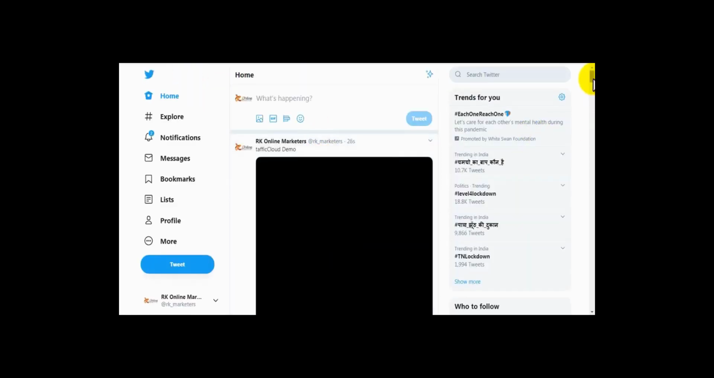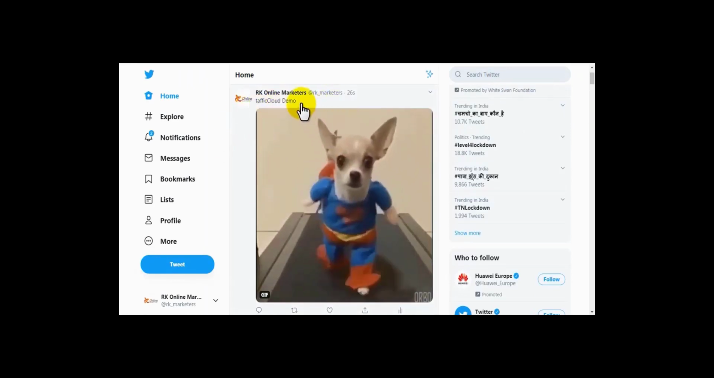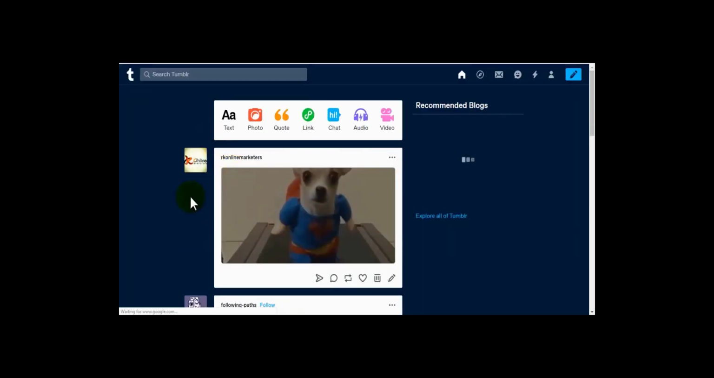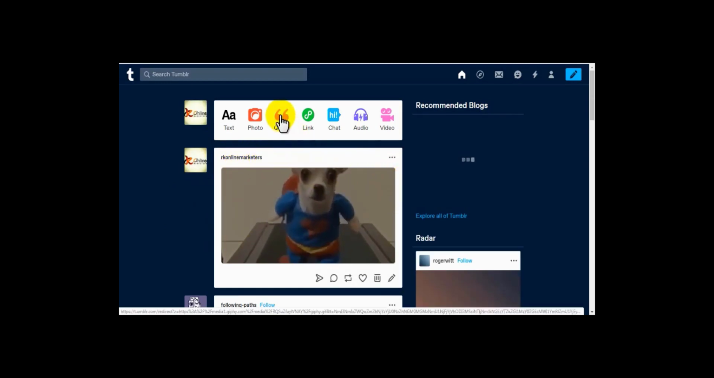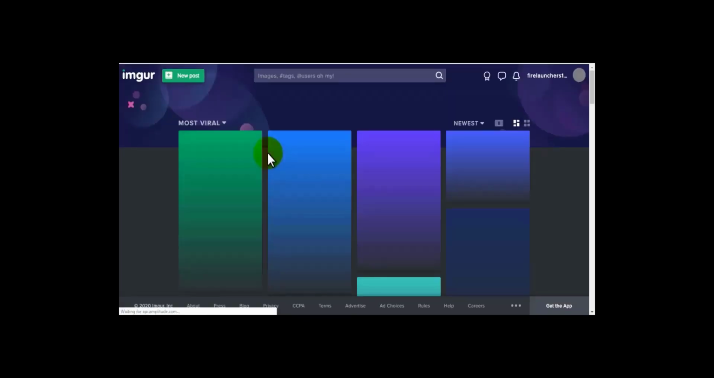All right, let's go take a look at our Twitter account. And you can see here that the GIF that was just published by TrafficCloud is here along with the chosen text. Next, we'll look at Tumblr, and again, we can see that our GIF was successfully published. All right, and then we're going to look at Imgur, and